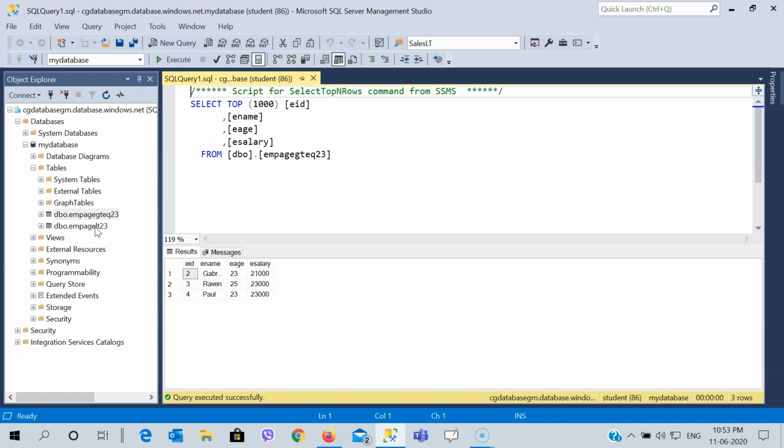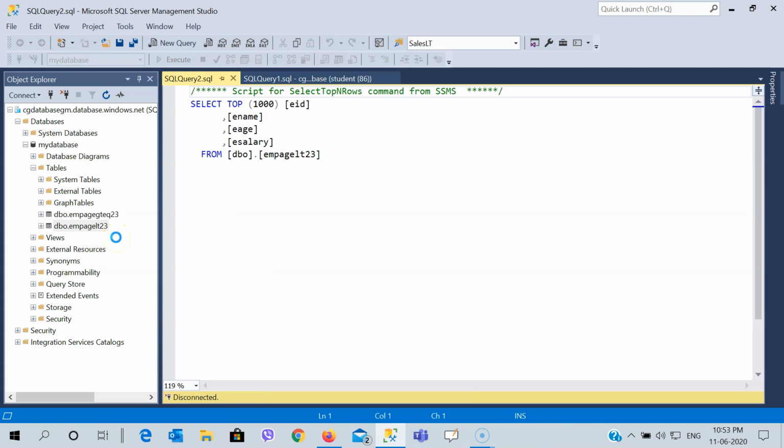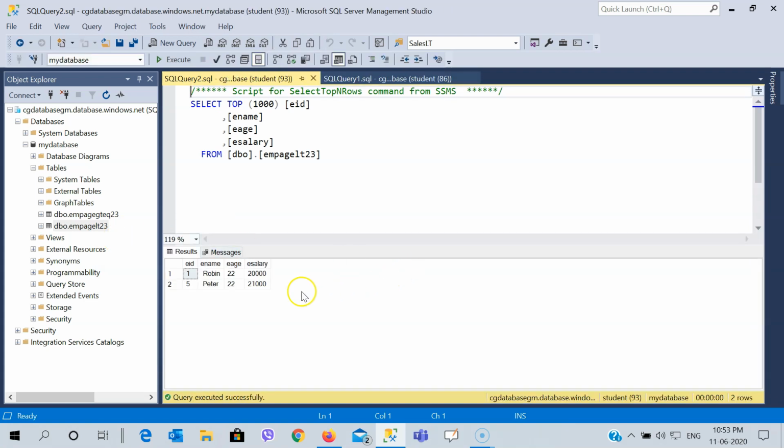So you have got the data which is either greater than or equals to 23. Select the second one. Select top 1000 rows. And then you have got the data which is less than 23.